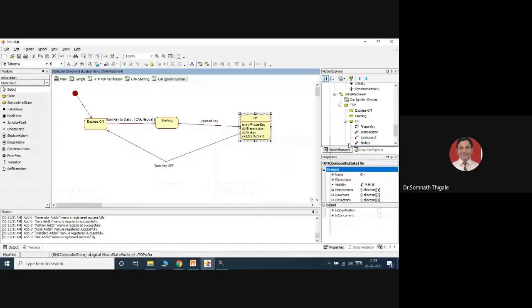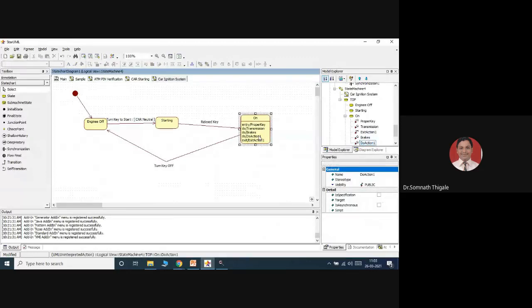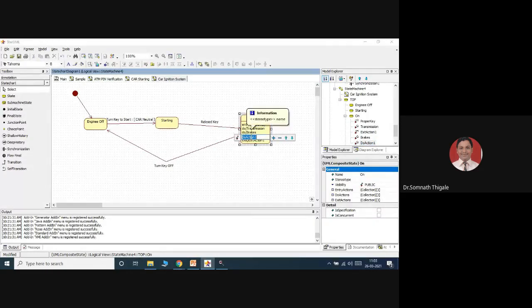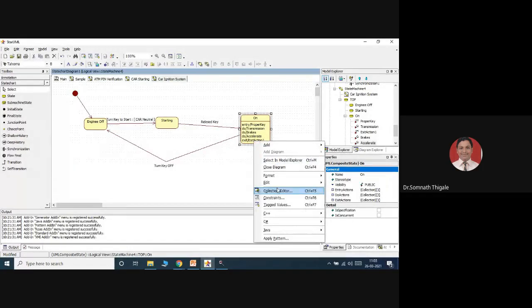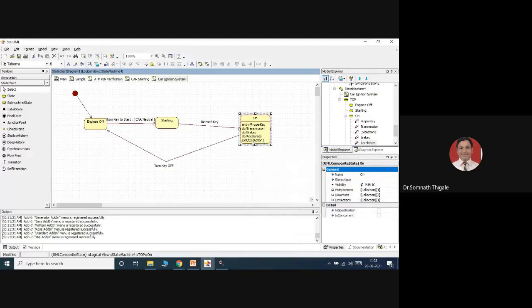Add do actions, accelerate. You are able to perform the acceleration. Exit operation, turn key off. So you can consider here stop car, stop engine simply.